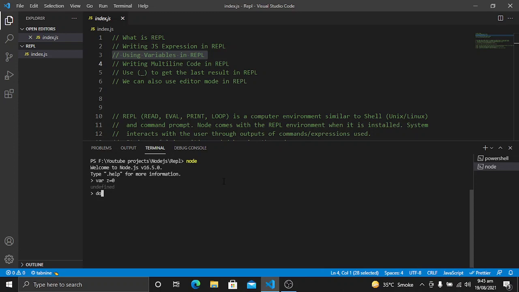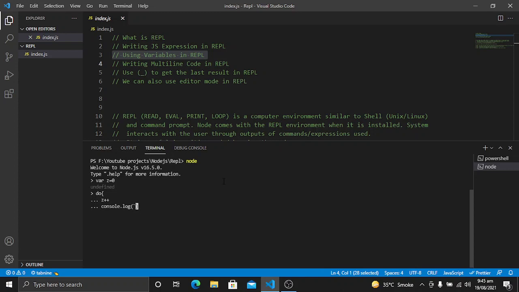What we want is to write a do while loop, and we want to increment the number. So we will increment the number, and we will also console.log it. Here I will use template literals.